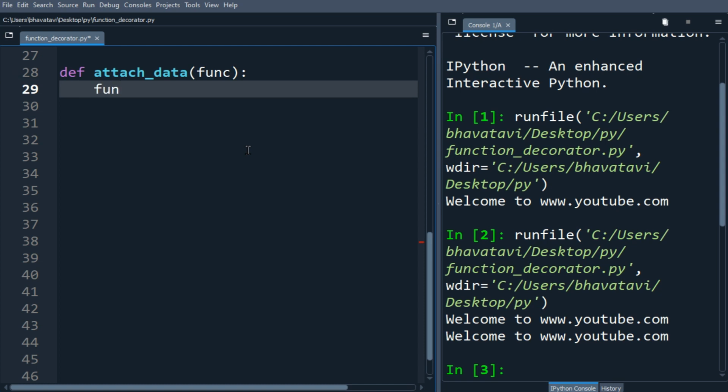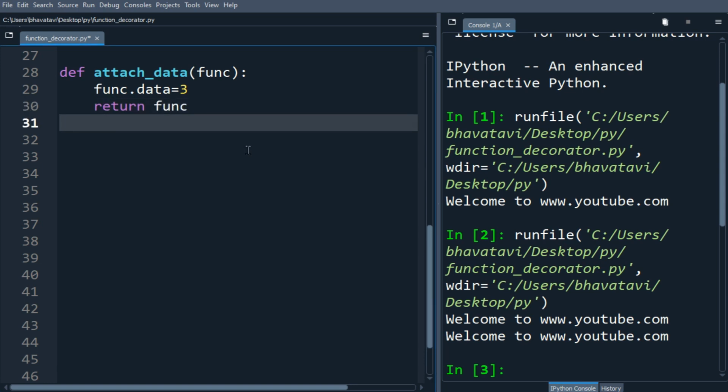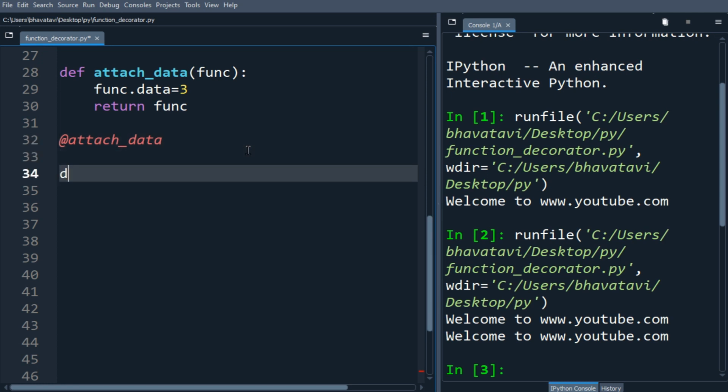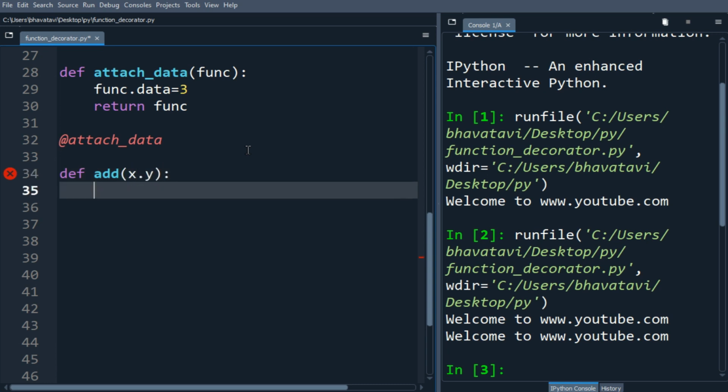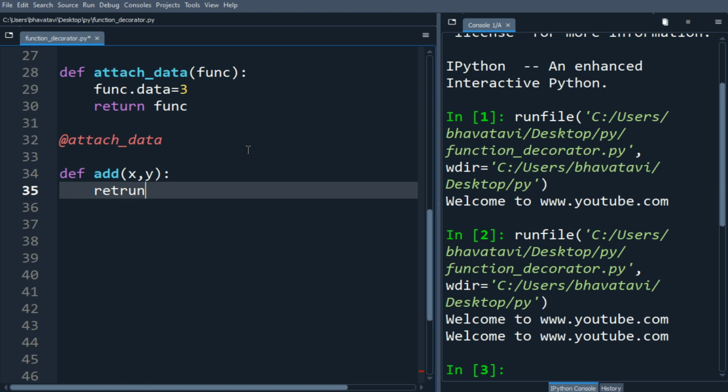So function.data equals 3, and we'll return the function, okay. So we will put here the decorator @attach_data, okay, and we will define a function named add. Let's put the argument as x and y. So here we will return x plus y. Here it is a comma, not a full stop, comma. We'll put return x plus y,